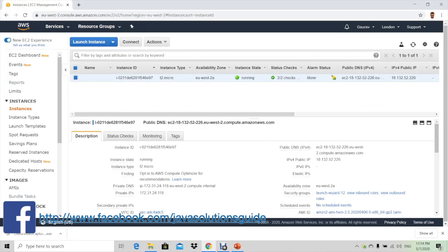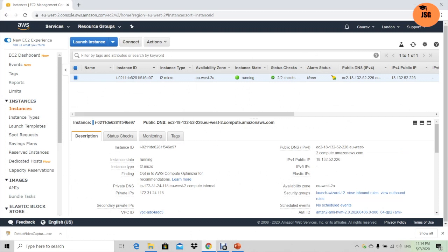It means that before you start connecting to your EC2 instance, it should have passed the status checks. If it hasn't passed the status checks, then you cannot connect to your EC2 instance. And if you try to connect without passing these status checks, you will get a connection timeout error. It takes some time. When you launch an EC2 instance, it takes around 2-3 minutes to get ready.